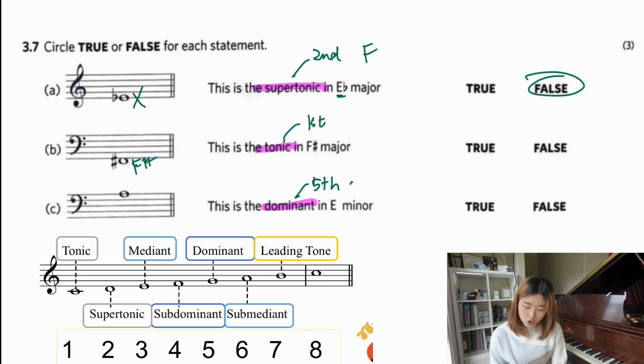Pretty good. Dominant of E minor, so we're gonna find the fifth note, E, F, G, A, B. Do we need a sharp for the B? No, because we only have one sharp, F sharp, so B, but we have A here. So